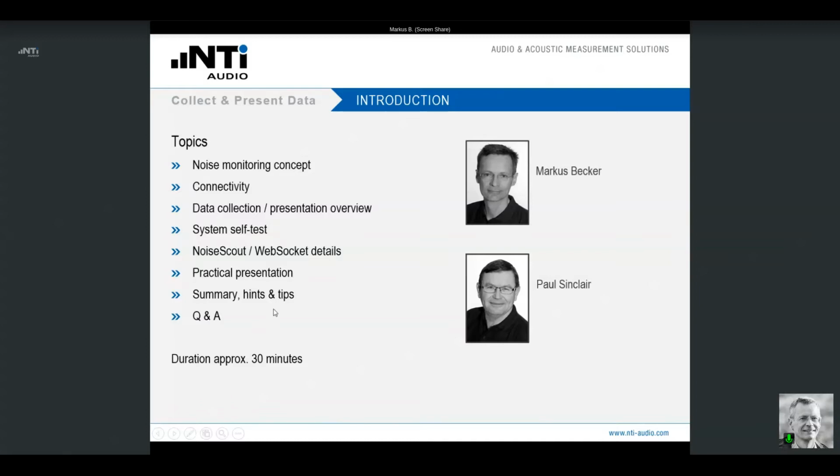We will also show you the new system self-test, what stands behind that. We will then dig a little bit deeper into the Noise Scout system and the WebSocket data collection details before we show you our practical presentation.